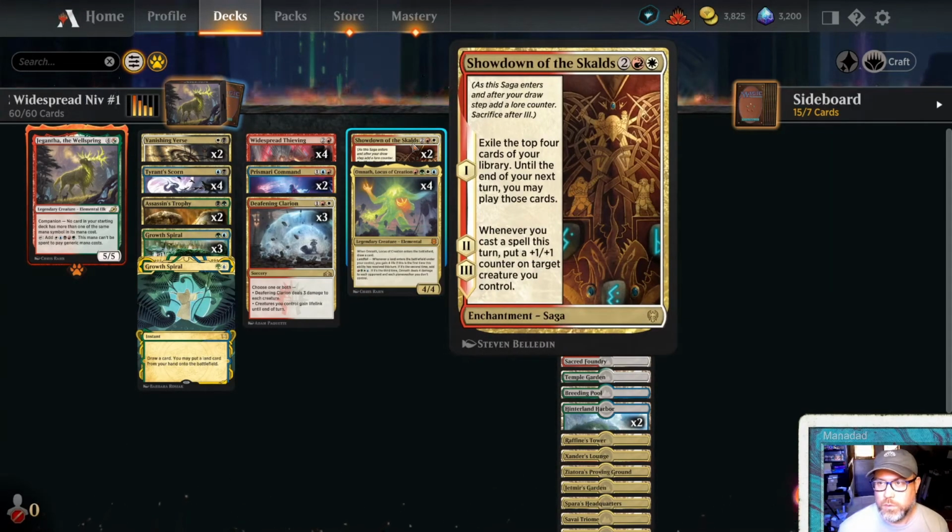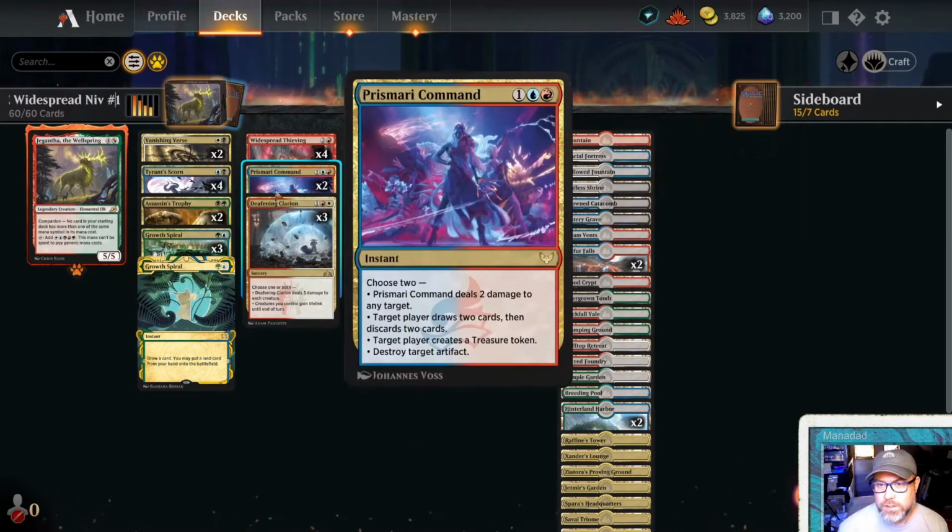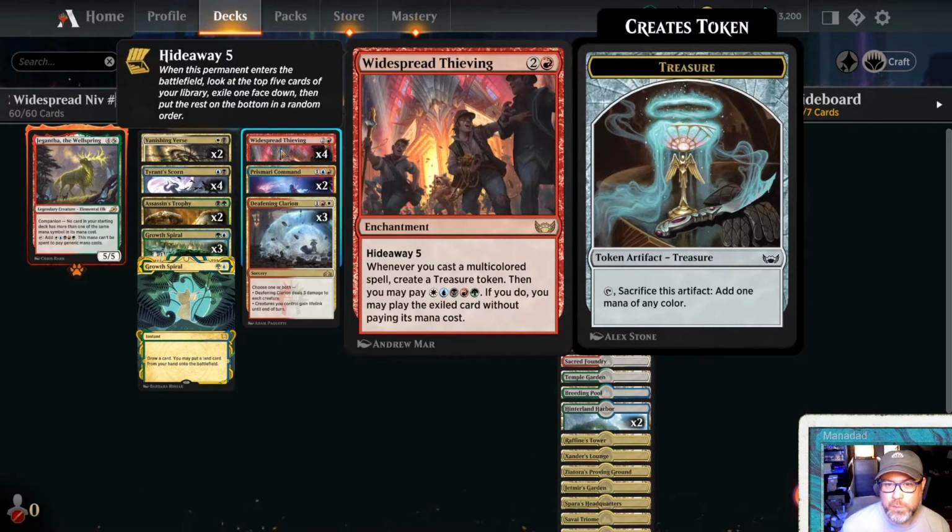So we have Showdown of the Scalds, but that also clashes with Deafening Clarion. So I did put in Prismari Command. This has the mode where we can draw 2, discard 2. It also has some interaction with deal 2 damage. It can also make us a treasure, so it's kind of like it costs 2 because it gives us a little rebate. And of course, every time we play one of these multicolored spells, we'll be getting a rebate with